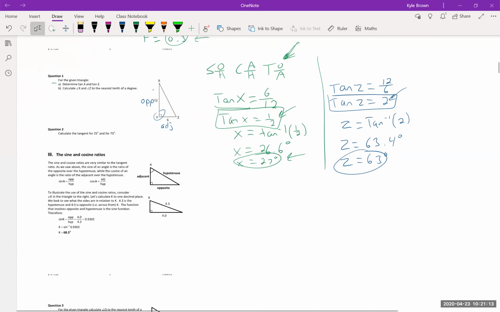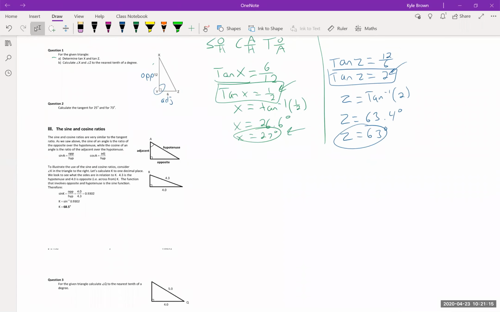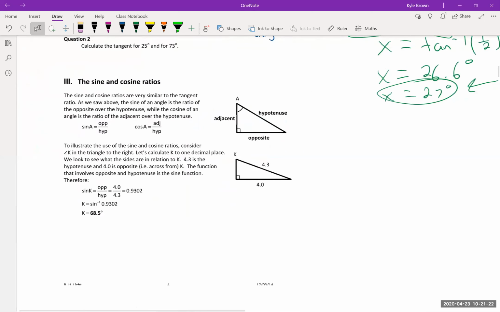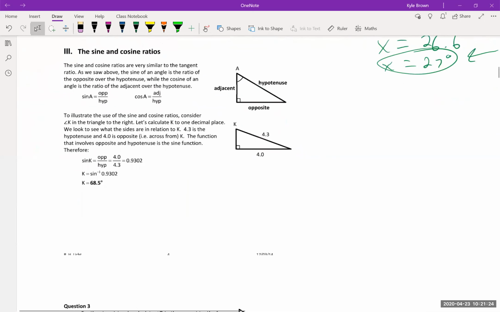Okay. So that's the idea. That's really the skill. If you guys can do that, we're good to go. Because now what we're going to do is the sine and cosine ratios, but they're really the same thing. So in this case, we're looking for angle K. Well, according to Sohcahtoa,